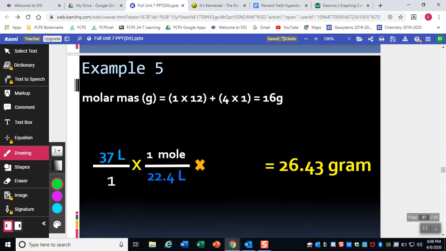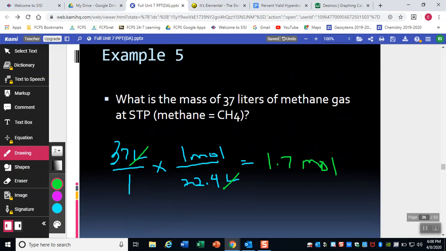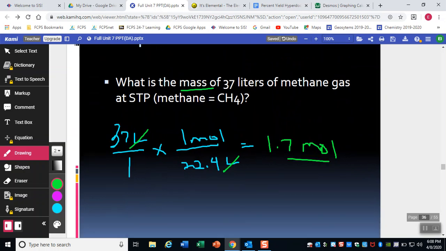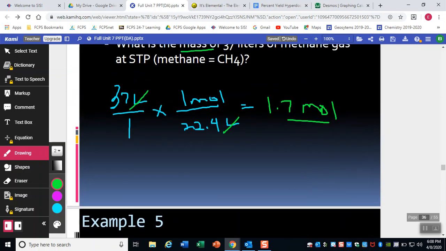All right, so now in example 5, what was example 5? Oh, it said, what is the mass of those? Okay, so what is the mass? I figured this is how many moles we have, right? So we actually now need to take these moles, 1.7 moles,